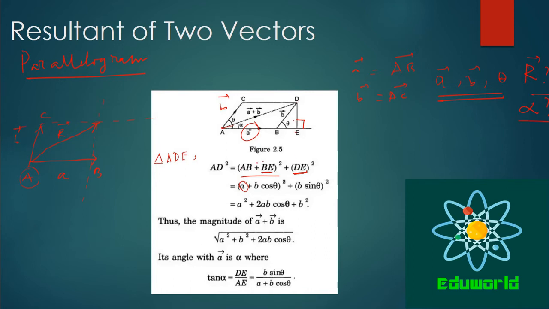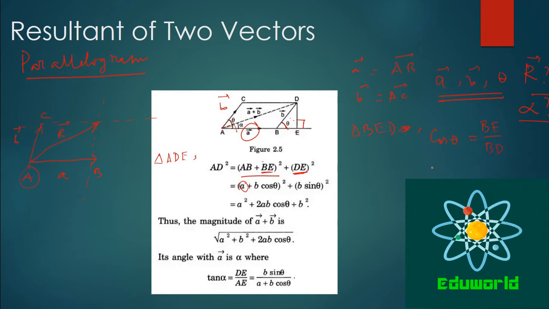So now AD square is what? AD square is, we got (AB plus BE) whole square plus DE square. Now what is BE? To get BE, we will have to consider the triangle BED. In the triangle BED, this is also a right angle triangle. If we consider cos theta, this angle is theta and AC is parallel to BD, so this angle will also be theta, and cos theta will be base by hypotenuse, so that is BE by